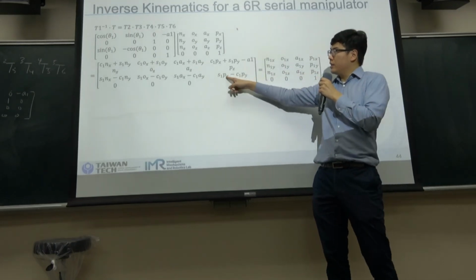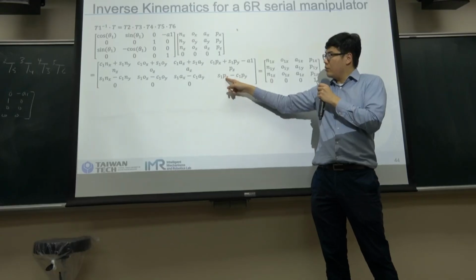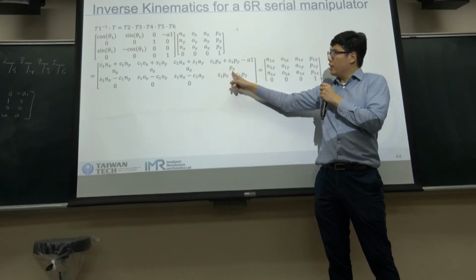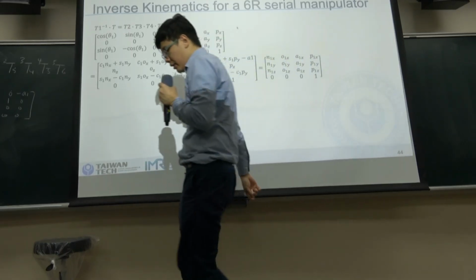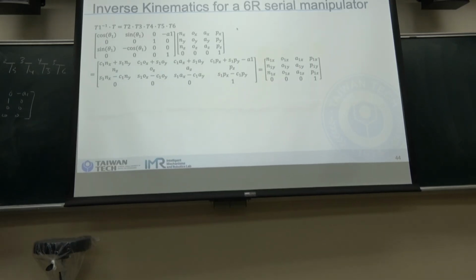And we found that Px and Py we know. So here we only have 1 variable. You can see it's Q1 and C1, so we can easily get the Q1 from this